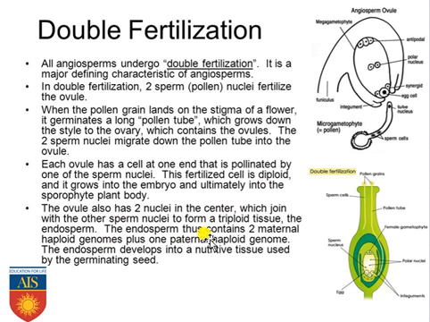gamete. So obviously here the fusion is happening between three cells. So for that reason it can also be called triple fusion. And the endosperm which will be formed is developing into a nutritive tissue used by the germinating seed. So obviously it will be developing into nutritive tissue, and that will be further providing the nutrition or nourishment to the germinating seed. So this is overall the entire process of double fertilization.